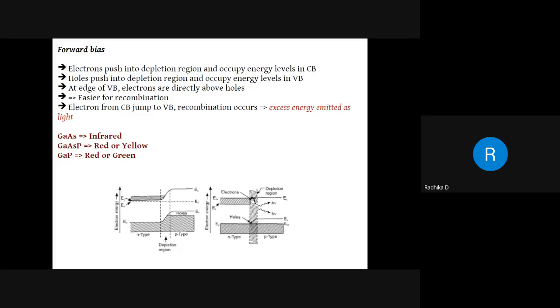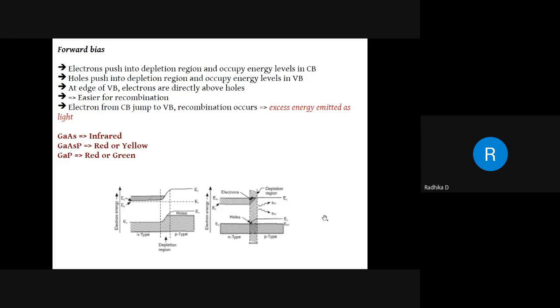Some of these electrons are going to jump below, towards the holes. They find holes so attractive, so they jump towards the holes. The electrons within the conduction band of the depletion region jump towards the holes within the valence band of the depletion region. So when this jumping is happening, suppose you jump from a height, say when you were a